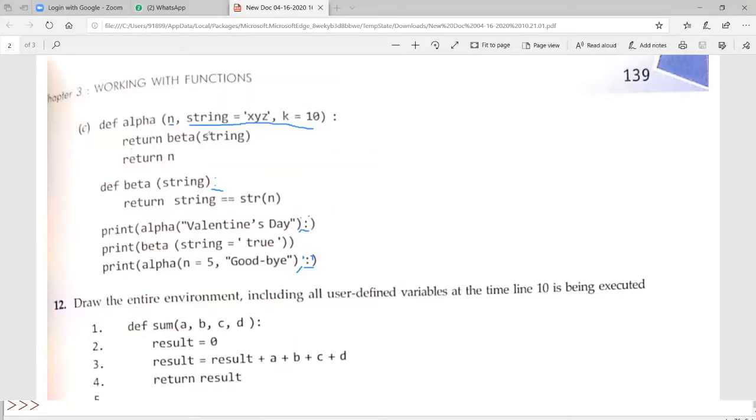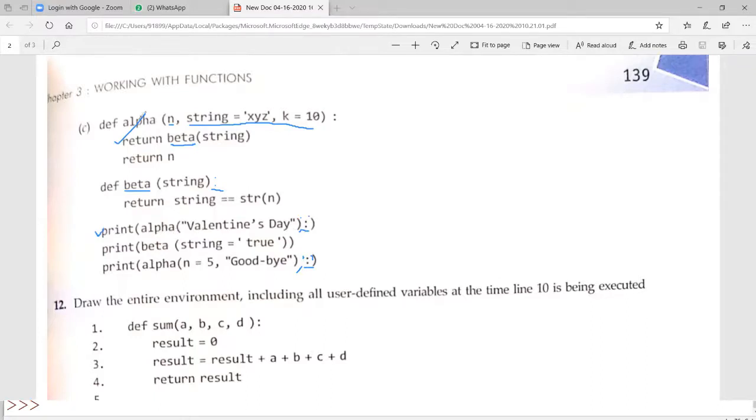Now see, return beta of string. So beta is a function, which is here. What is the purpose of the return statement? The purpose of the return statement is to send the value coming from here back to the function call. Generally we do not go inside directly. From line number 1 we come to this line, and from there to this line. Now in this line there is a print statement, print of alpha of Valentine's Day.